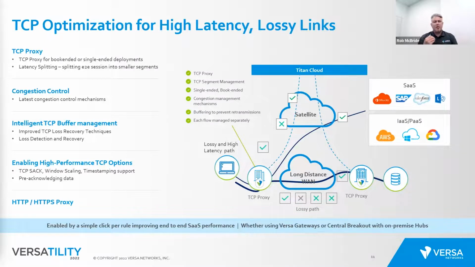Now, there is the capability of utilizing TCP optimization to provide a bookended experience, utilizing our capabilities to proxy TCP services in order to improve TCP-based applications at their point of egress, whether it's a centralized hub or a Versa Cloud Gateway, but really ultimately turning what may be a poor experience due to a high latency or lossy connection, and utilizing TCP optimization in a bookended fashion between two VOS endpoints in order to facilitate a more controlled and better optimized experience for a